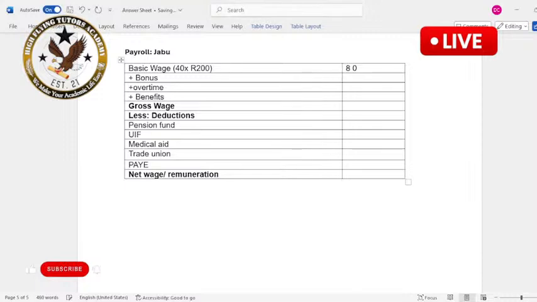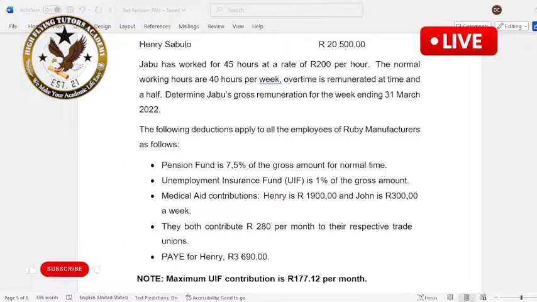All right, did Jabu work for any bonuses? No, but they said normal hours. Remember, they said normal hours is 40 per week, but he worked 45 hours. It means 5 hours are overtime, because he was supposed to work 40 hours, but he worked 45. So you're going to go to your answer sheet, on overtime,